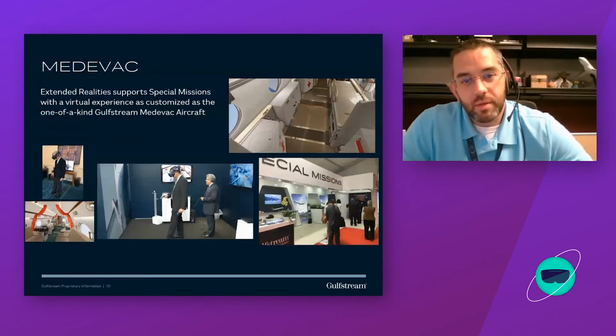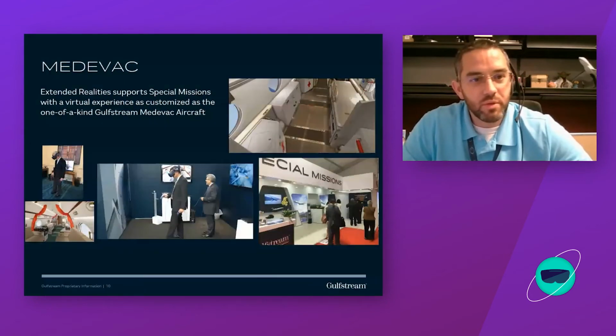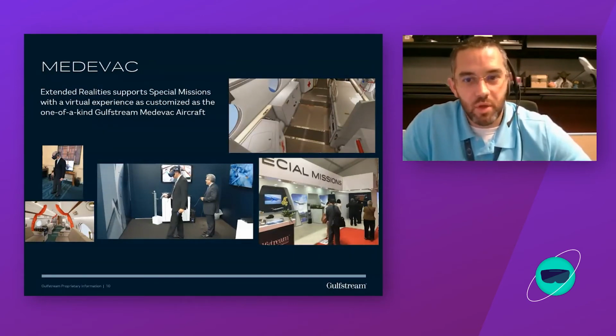One of the unique things that we've done at Gulfstream is we have a group of the company called government programs, and we also call it special missions. So these are for different operators around the world who have a unique need. And when our programs teams go to trade shows, they typically all they have are models or pictures or flyers. They approached us about